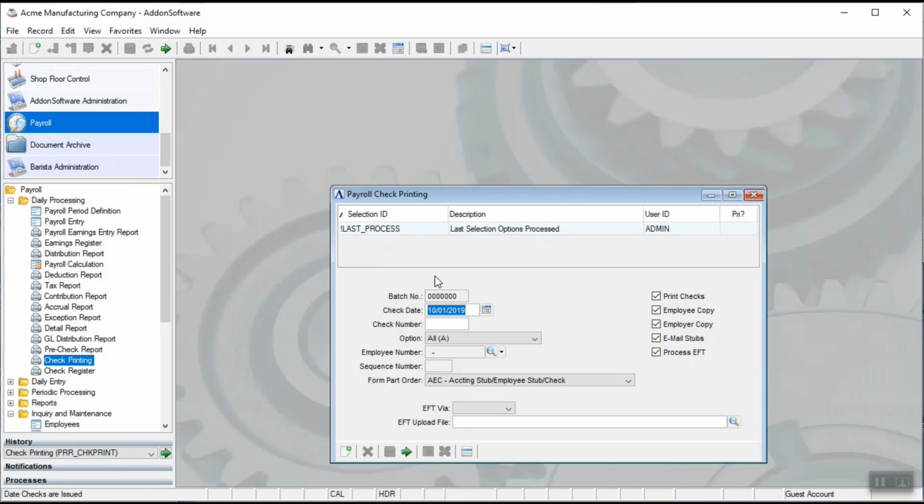Now let's actually run the checks and generate the electronic transfer information for the direct deposit individual. So to begin with, the date of the check, what is the first check number of the physical check that we're going to print? What electronic method are we going to pay with? We do support PayPal, but we also have the Nacha file upload mechanism, which is normal with most banks. So after selecting that,